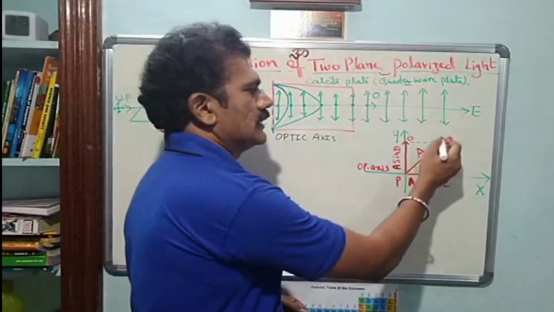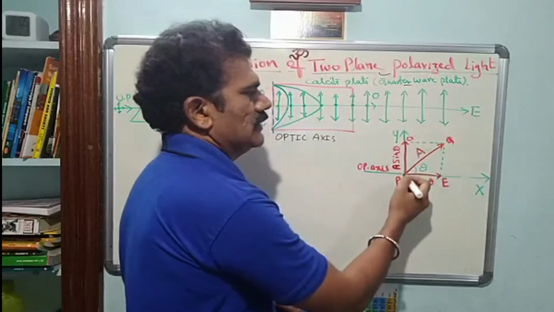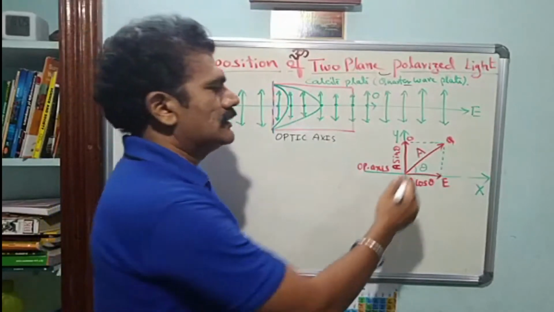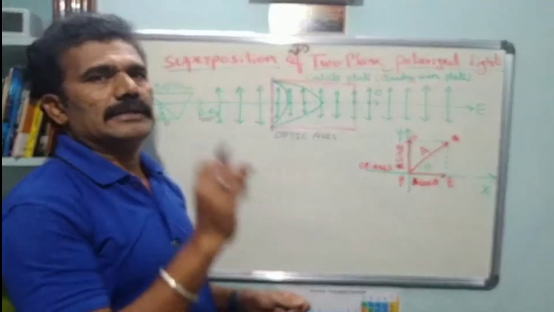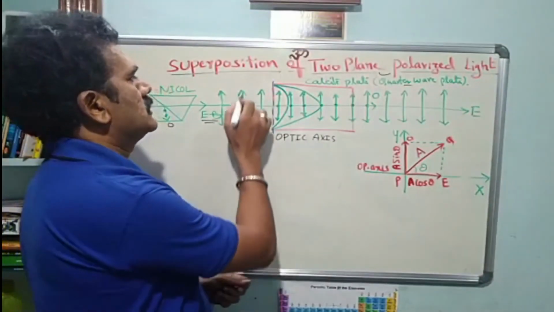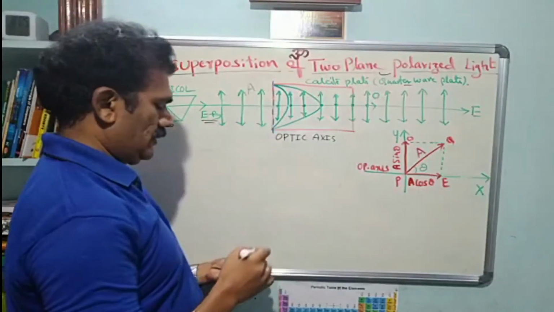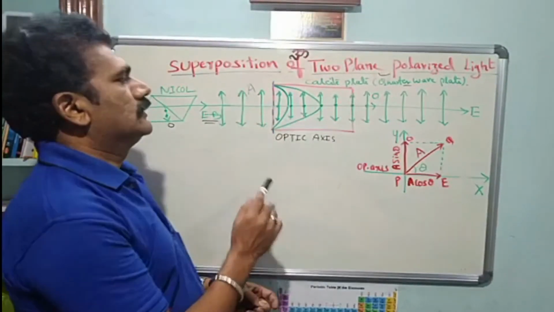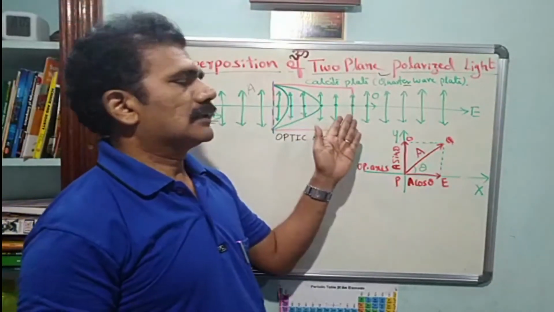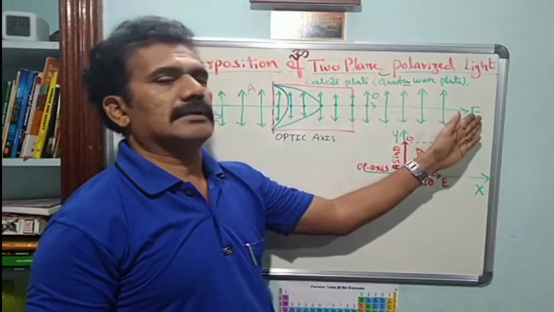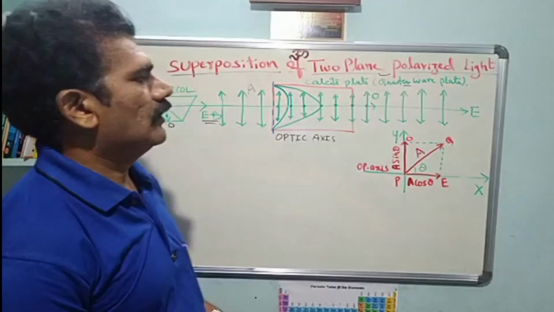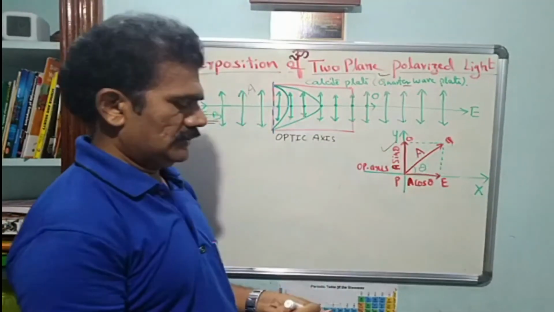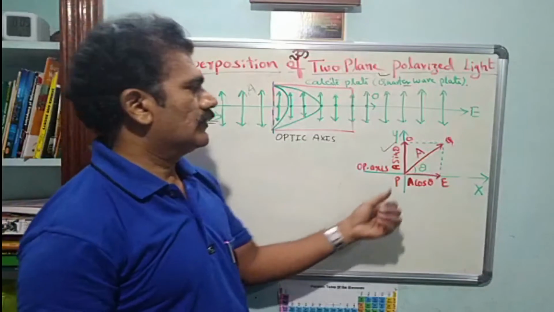Now after this experiment, consider how we are considering the vectors here. What does this A indicate? Along the x-axis and y-axis we have the two vectors. At the center we have the vector A. This A indicates the amplitude of the incident plane polarized light. That means here we are considering a plane polarized light wave with amplitude A. Then after passing through the crystal, we get the ordinary and extraordinary rays. The ordinary ray will have the amplitude A sin theta. You can see that here. So A sin theta is the amplitude of the ordinary ray.